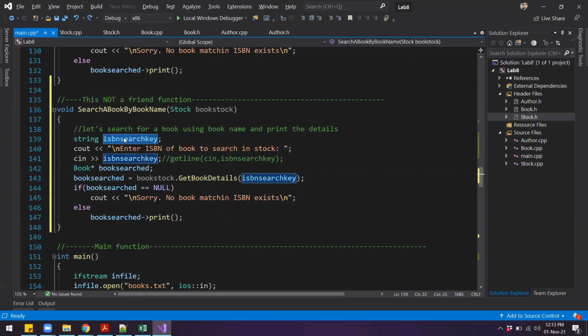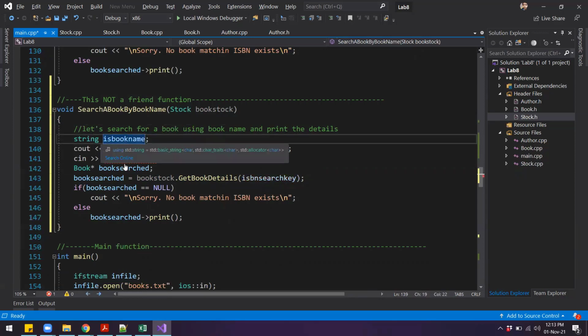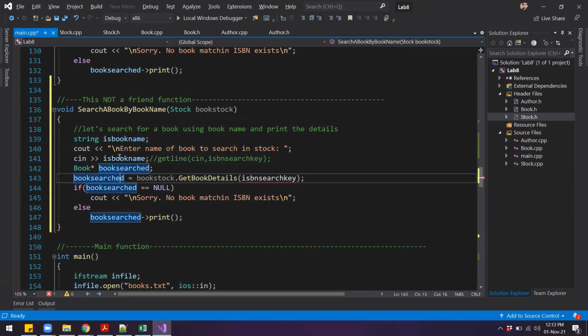We can call this is book name, and then enter name of book to search in stock, and then we will read this particular name in this variable, and then to this function we will pass the book name.